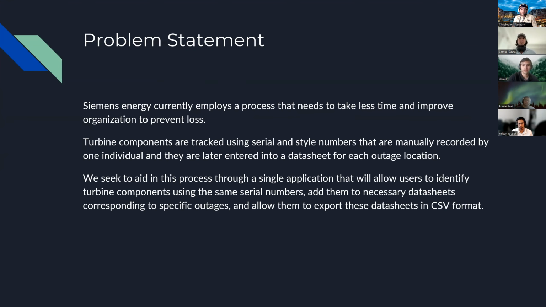So Siemens Energy currently employs a process that needs to take less time and improve organization to help prevent loss. The turbine components that they use are currently tracked using serial numbers and style numbers that are manually recorded by one individual and then later entered to a datasheet pertaining to each outage location. We're seeking to aid in this process through our application, which will allow users to identify the same components using the same serial numbers, add them to the required datasheets, and then allow them to export these datasheets in CSV